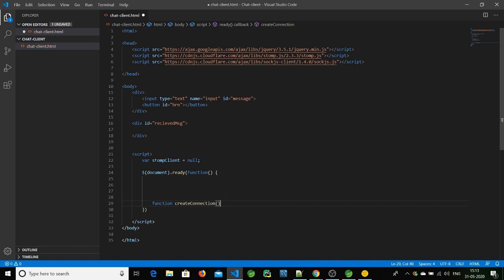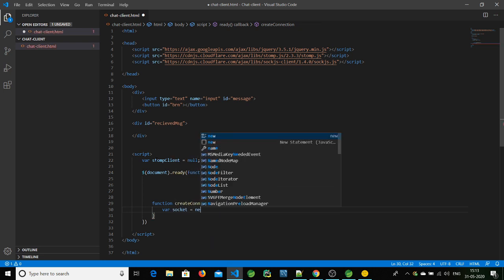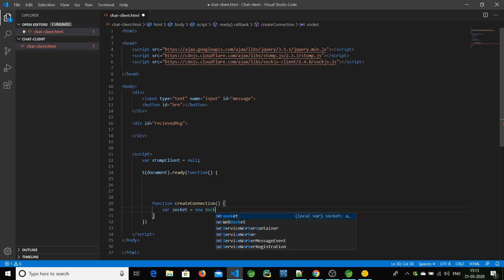And in that we'll create an instance of sock.js. So for that, let's create one variable, socket equal to new SockJS. Inside, let's pass the URL, the server URL to which we are trying to connect.